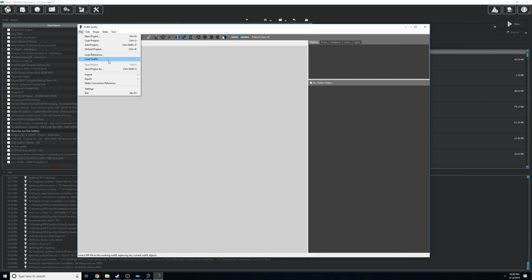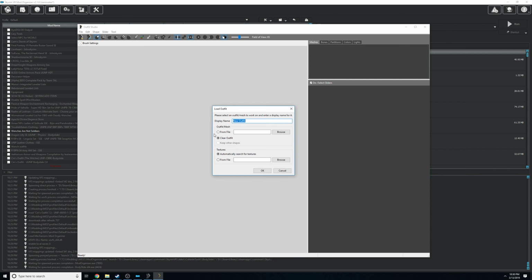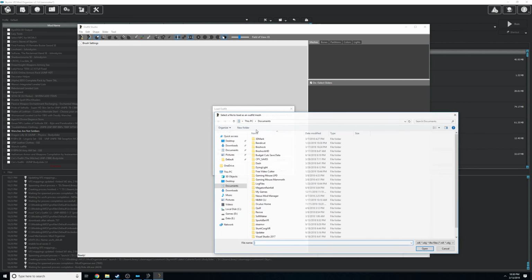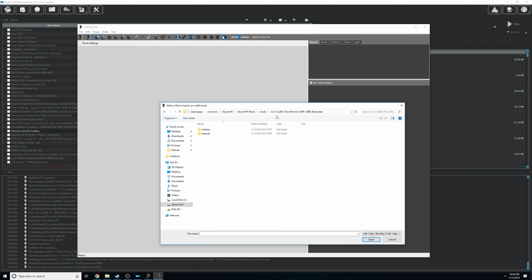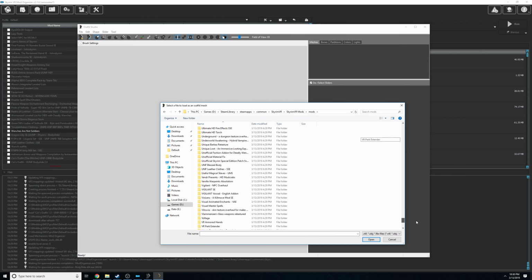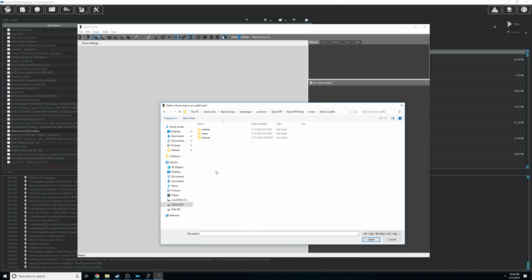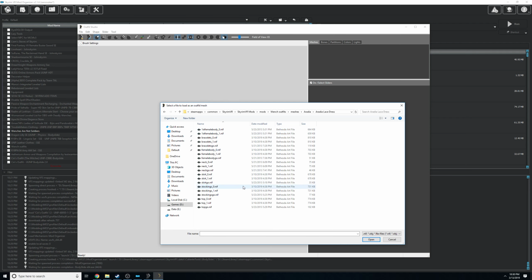So it's usually going to be either the top, or sometimes the underwear. It's going to be the one that's got the full body on it. If you're not sure, you can just open them up in NIFScope and look. So you're going to go to load outfit from file and browse. Now you're going to find, let's see, go to your mod folder wherever it's installed. I think I have it in this one. Yep, this one. So for this one, it's called female body, so it's pretty obvious. So we're going to open that one